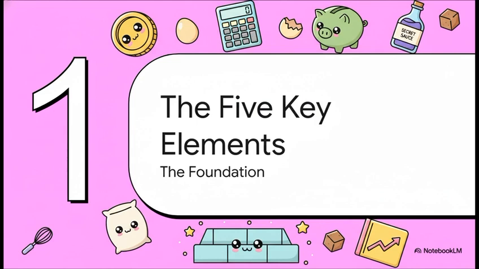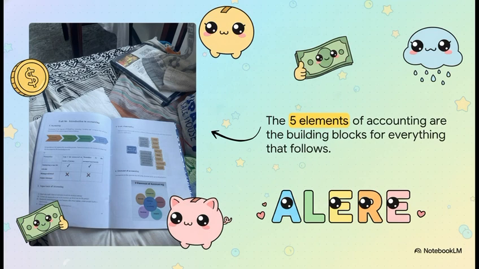Right, before we can even touch the main equation, we've got to know its parts, right? You can't build something without knowing what the pieces are. So think of these 5 elements as the basic ingredients in our recipe. And here they are. You've got assets, liabilities, equity, which you'll sometimes see called capital, by the way, then revenue